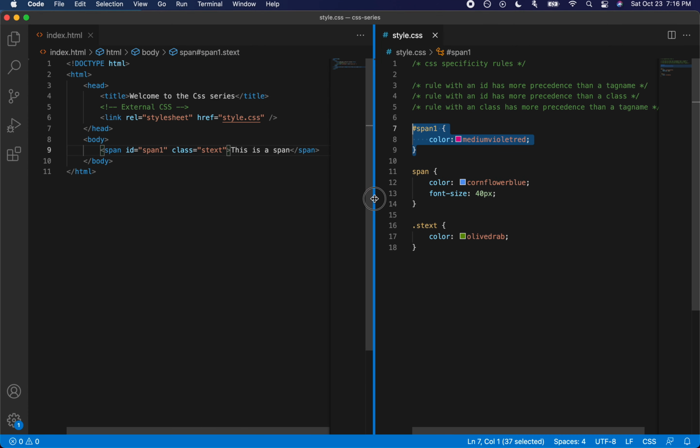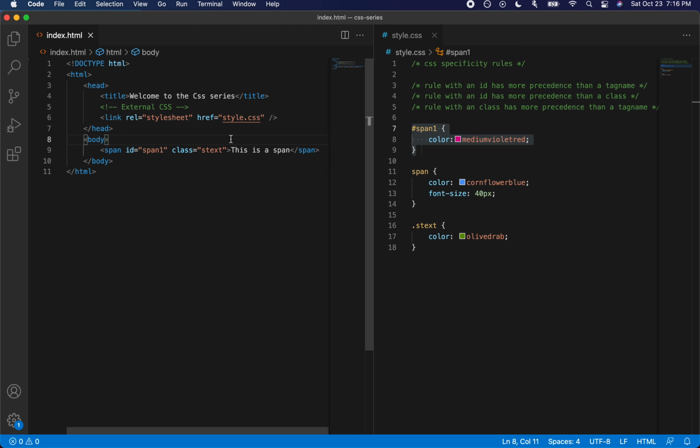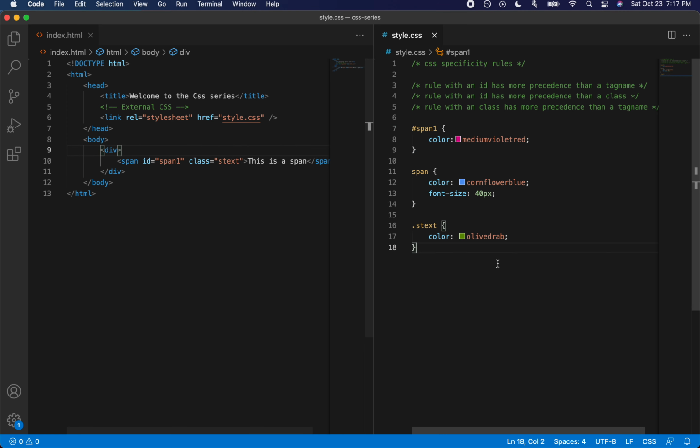Great. Now let's do one more combination, but with parent child selectors. Actually, the parent child, which is the combinator selectors, they have no effect on the specificity. Just to make sure that is true, let's do one thing where I'm going to add a div and a span.